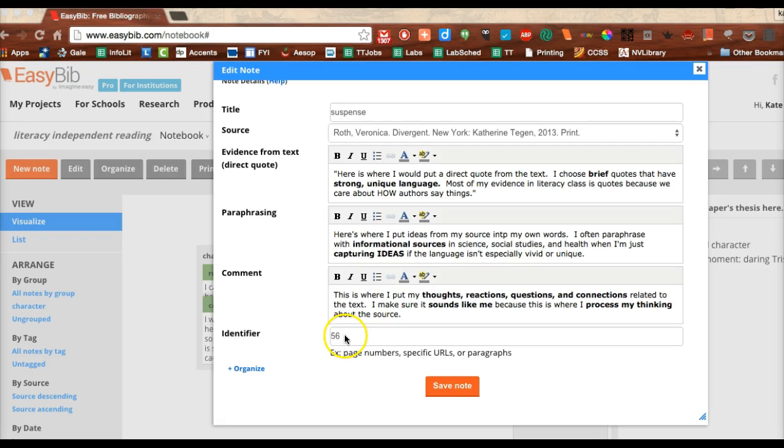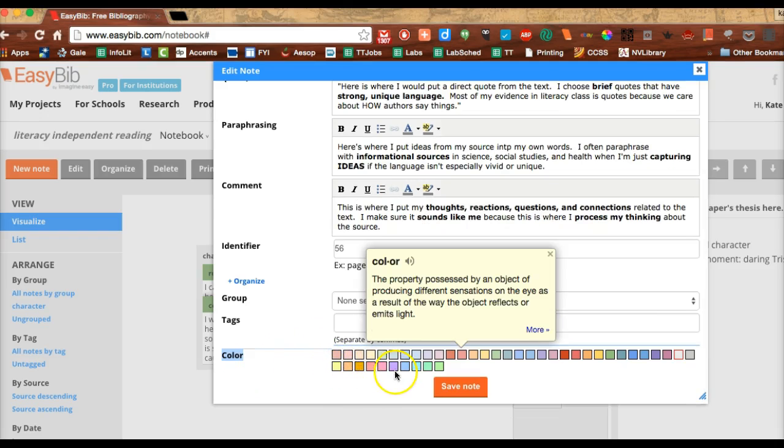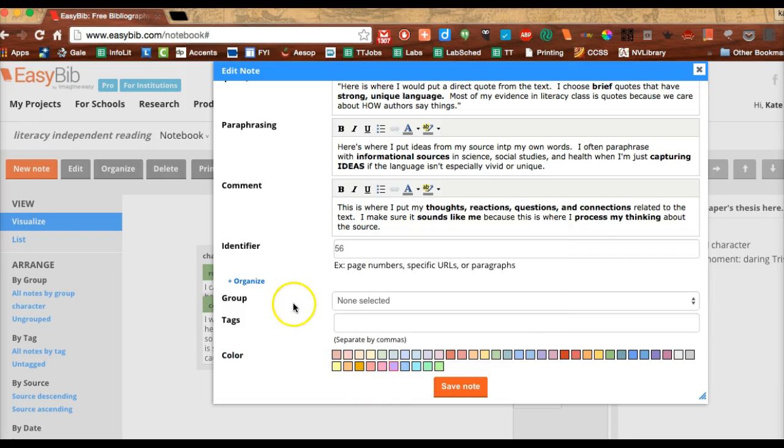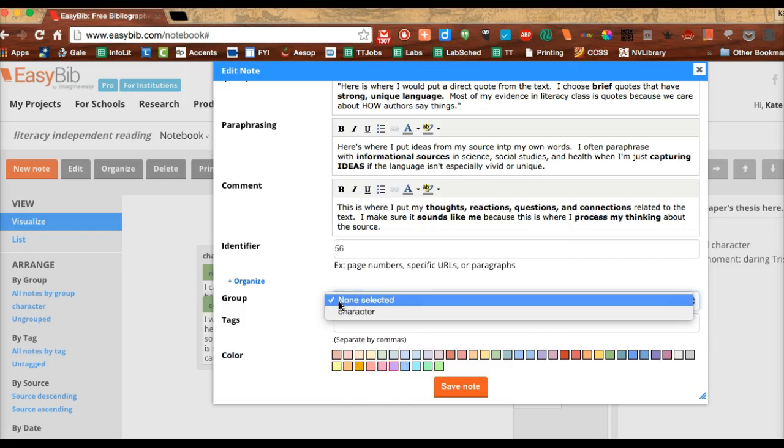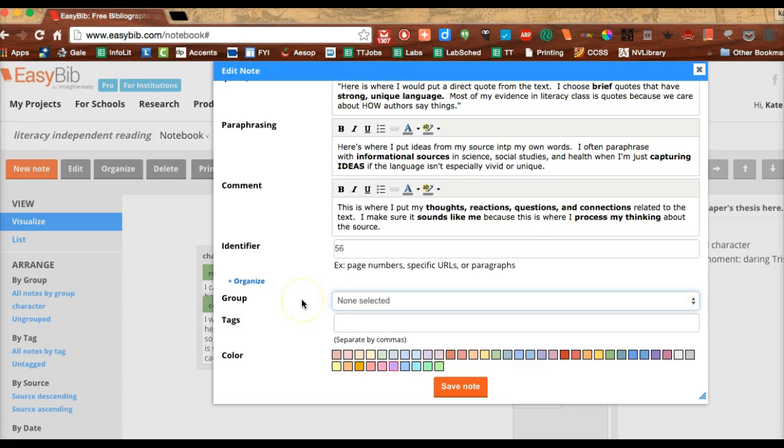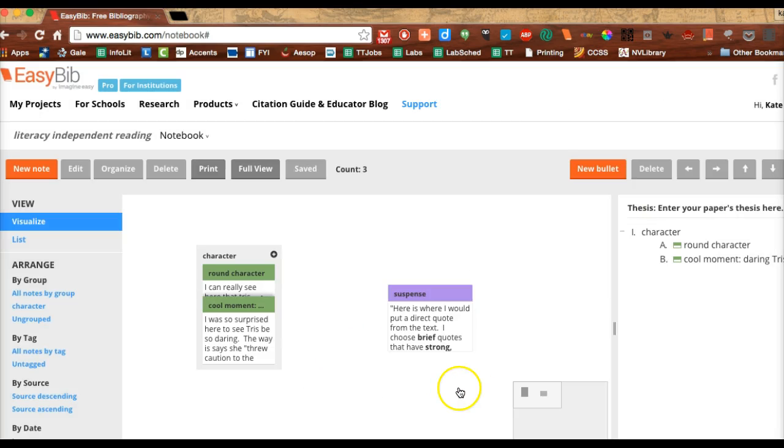Okay, the identifier, I only put page numbers in here, so if I'm citing from a book, I might put the page number that it's from, but if I'm citing from a website, I usually leave that blank. You can click Organize and put it by color, and once you have additional notes, you could select groups, but watch the video about how to create groups to get started with groups. When you just start taking notes, there are no groups, so really the only thing there to think about is color. All right, so that's how to take notes,